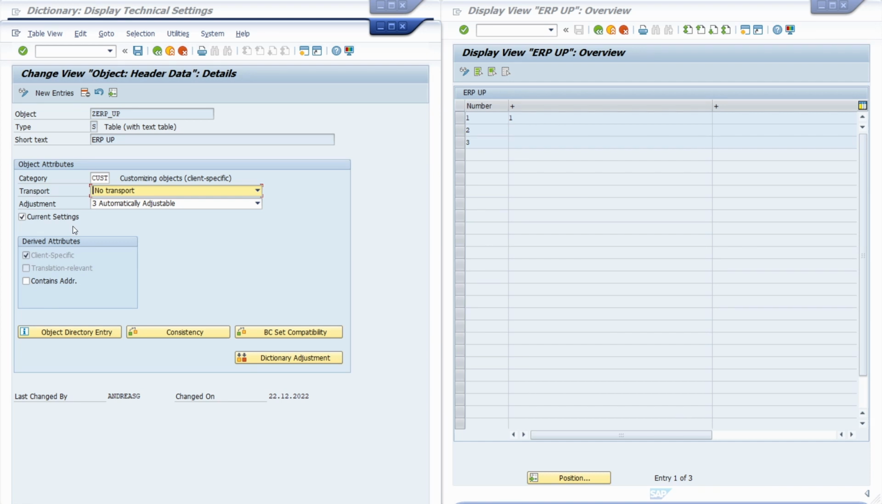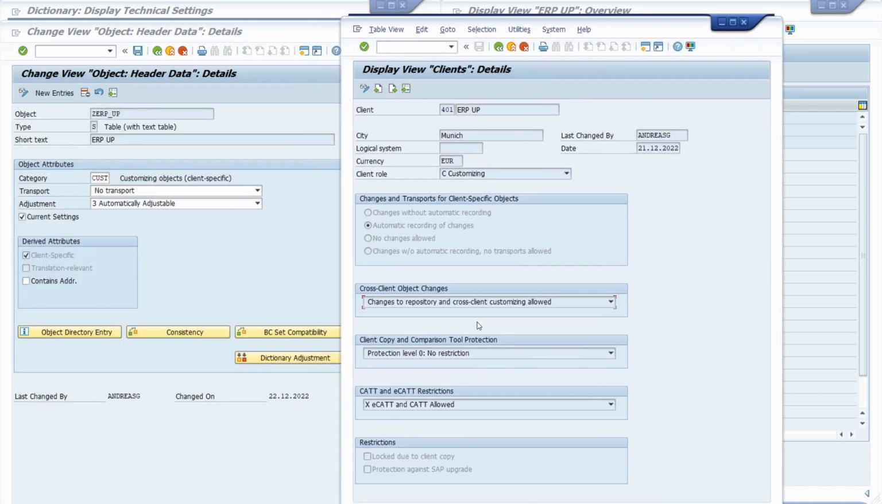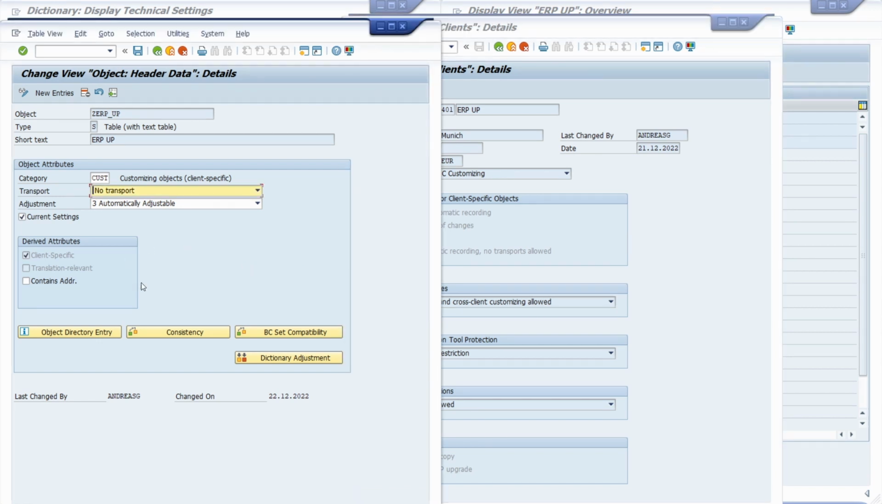normally in the transaction code SCC4, the SAP client is not ready for any changes. So normally in the production system, there would be no changes allowed. And here also no changes to cross-client to repository cross-client customizing objects. So those are the normal settings for a production client,